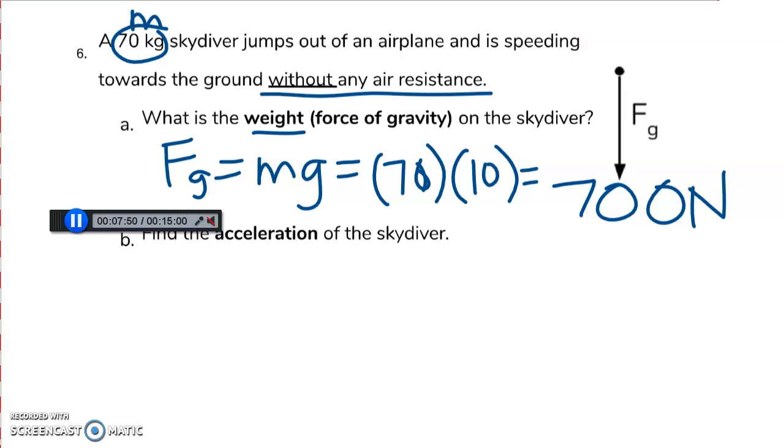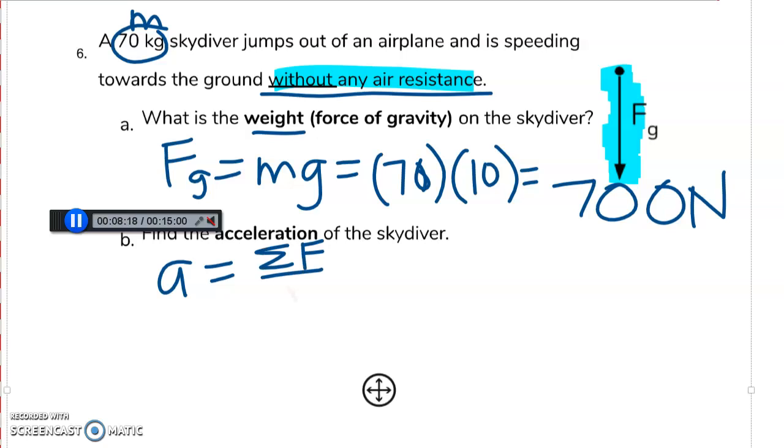And according to the force diagram and the written description, they're jumping out of an airplane. There's no air resistance, so the only force acting on the person, on the skydiver, is the force of gravity. There's only one force. This is different than the other problems we've seen, where there's two forces going against each other. So to do part B, my strategy, the tool that's going to be really helpful, is Newton's second law